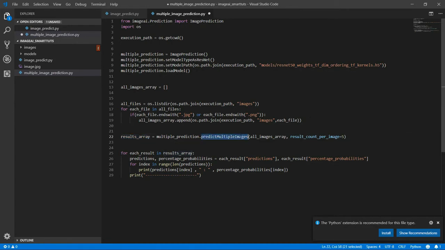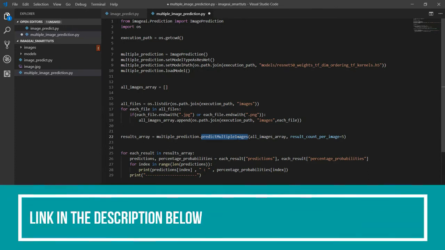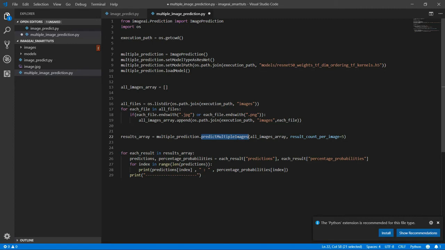We don't have to do anything, we just have to call predict multiple images. This method takes two parameters. First, the array of images, the list we have created. The second argument is result count per image, that is, how many results you want for predictions.